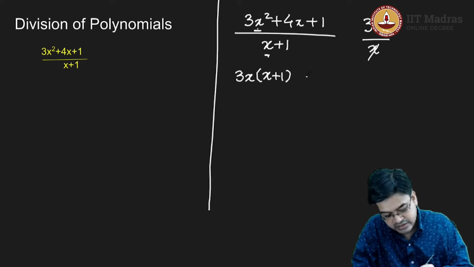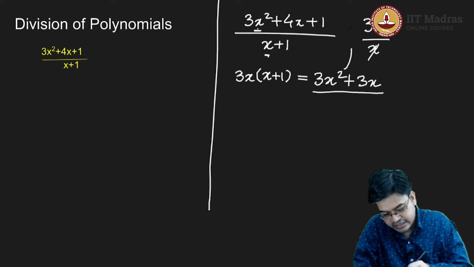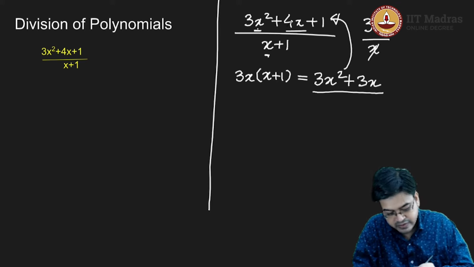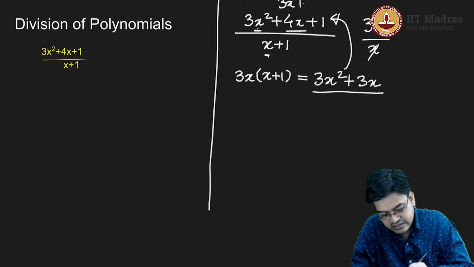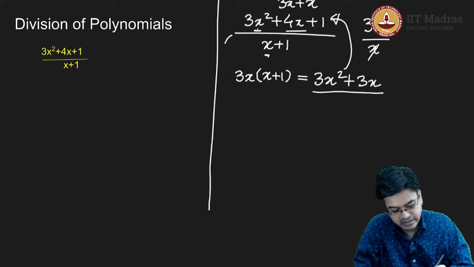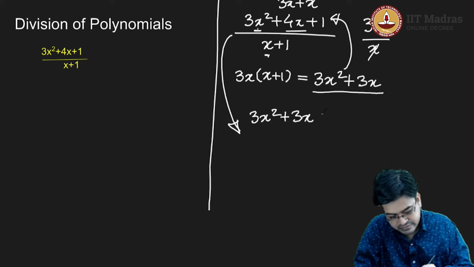So this actually gives me the answer 3x square plus 3x. Now I will try to figure out this term in the expression that is given in the numerator. If I want to figure out the expression that is given in the numerator, I can easily split this 4x as 3x plus x. If I can do so, that means I can take this term, and based on this logic, I can actually write this as 3x square plus 3x plus x plus 1 upon